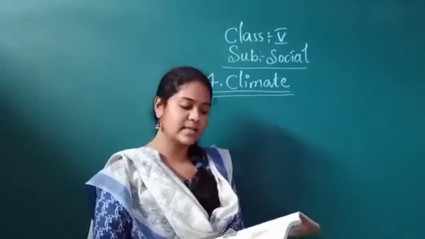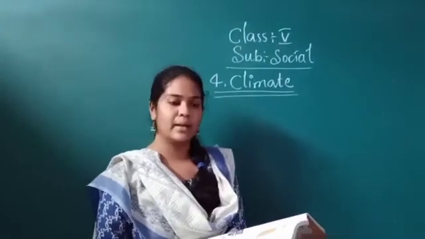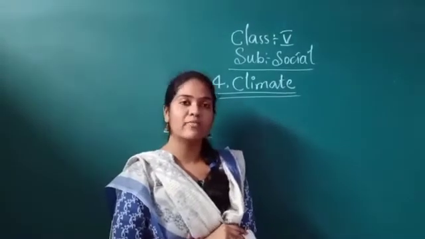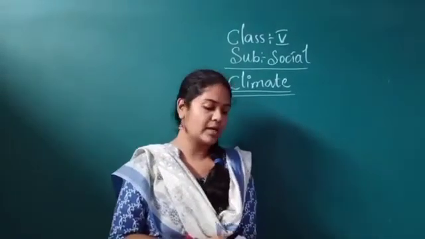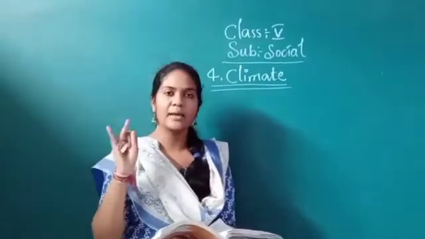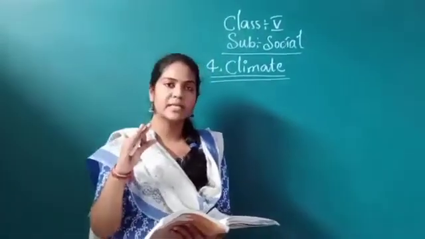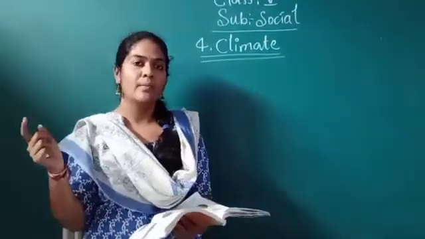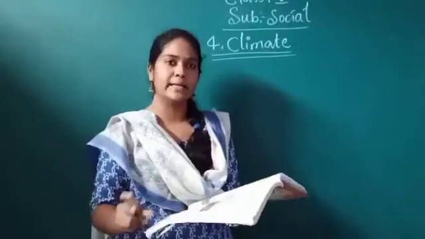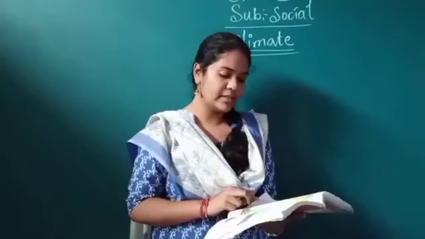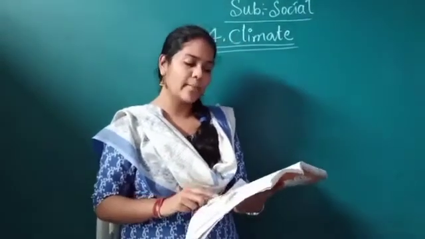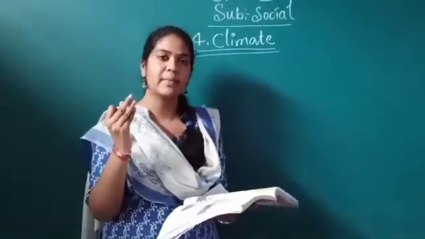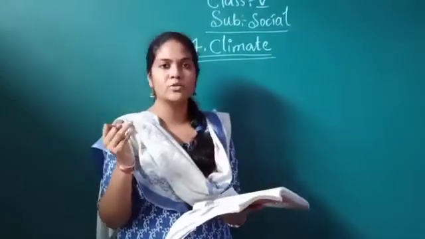What we learned in this lesson: weather and climate, and the factors affecting climate. What are the factors that are affecting the climate? They are distance from the equator, height above sea level, distance from the sea, winds, and the amount of moisture in the air, which is nothing but what we call humidity. So depending on the amount of heat received, we have the three climatic zones. What are the three climatic zones? Torrid zone, temperate zone, and the frigid zones.